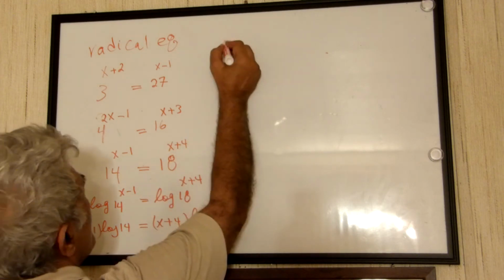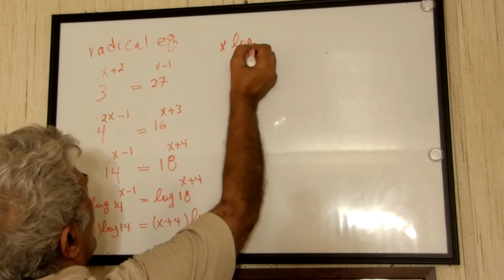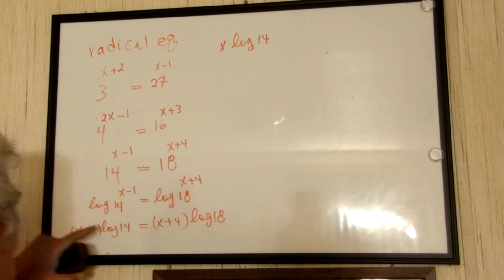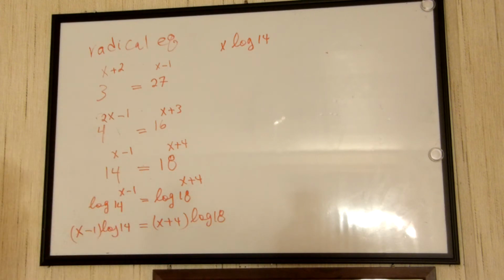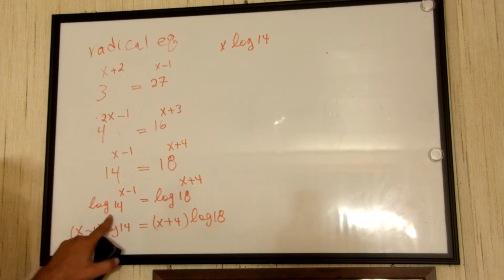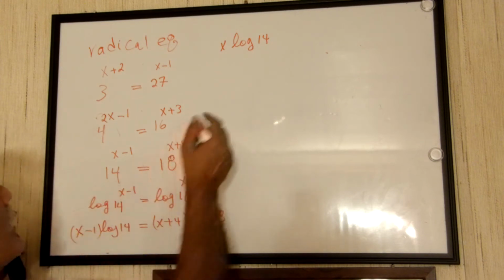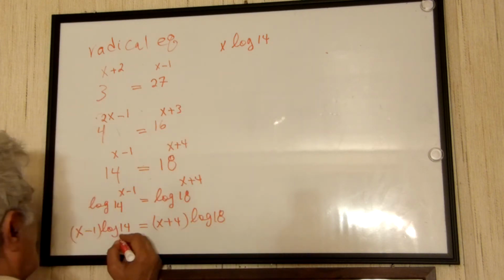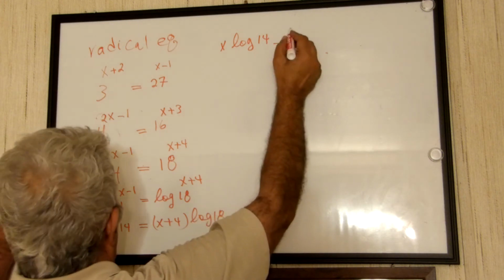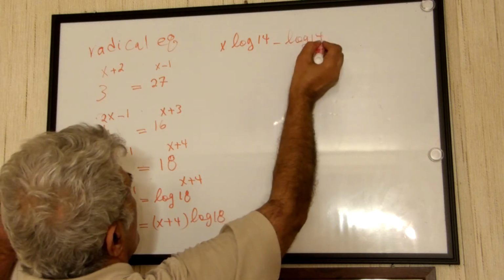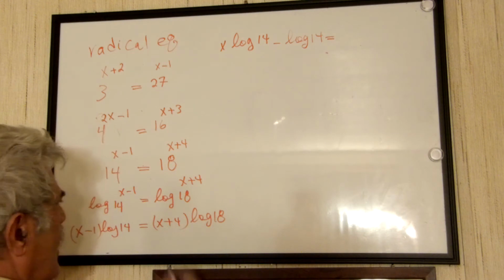x is going to be x log of 14. See, this is log. The base is 10. If there was something else, if we had log of 2, then base 2 we put here to say 2. When we don't write it, it is 10. So this is going to be x times log of 14 minus log 14 is equal to x